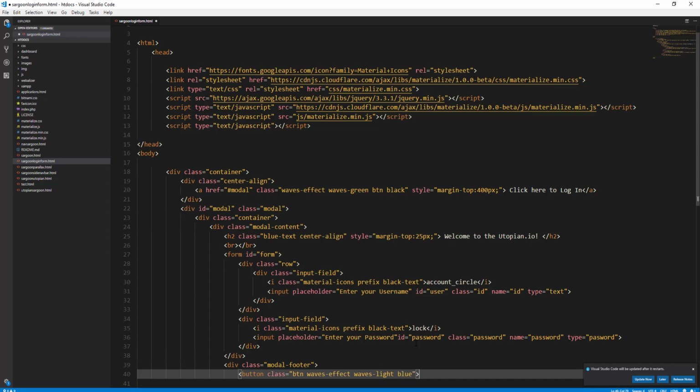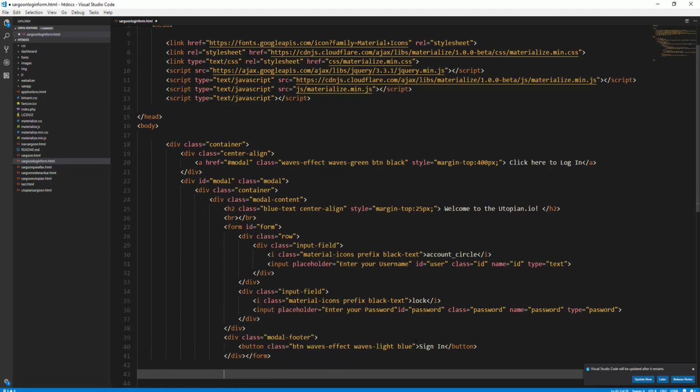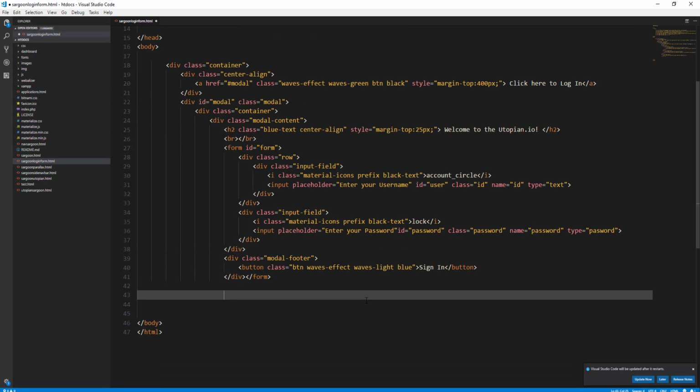Let's define our button text. Our button text is sign in, and we can close our button command here, and also we can close our division and form commands here. Okay, and only one step left, this step is about the modal script. Let's create a script file,